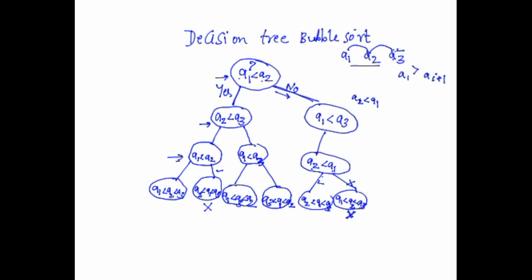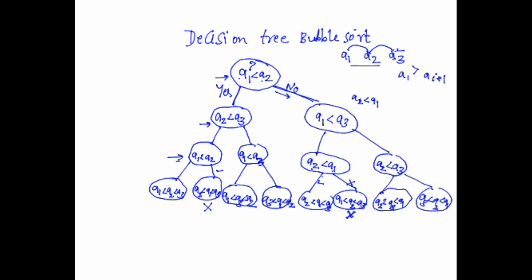When we compare A1 with A3, if this condition is false, that means A3 is the smallest one. In that case, A3 is smaller than A1, so A1 becomes the largest number. Then we go to the end. A2 is in the first position, which is compared with A3 in the second position. If this condition is true, the algorithm concludes that A2 is smaller than A3, which is smaller than A1. If false, A3 is the smallest one, the next number is A2, and A1 is at the end.